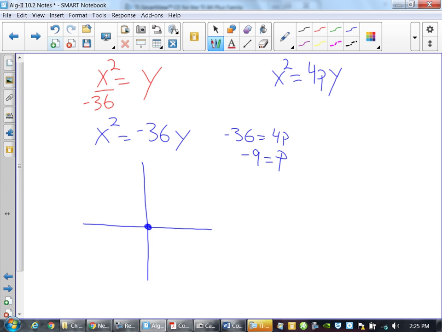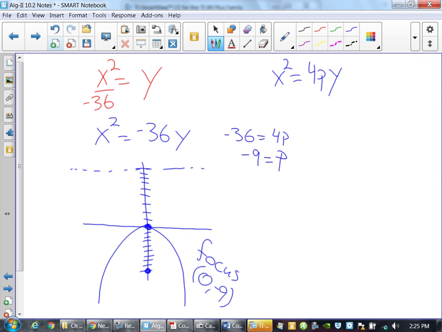So we know that this has to open downward because it's negative, but our focus is negative 9. It's down 9 spots. What's the ordered pair for that focus? 0, negative 9. So a focus at 0, -9. Directrix then is above it. What's the equation of the directrix here? Ah, that's an ordered pair. It's y equals 9. So the directrix,